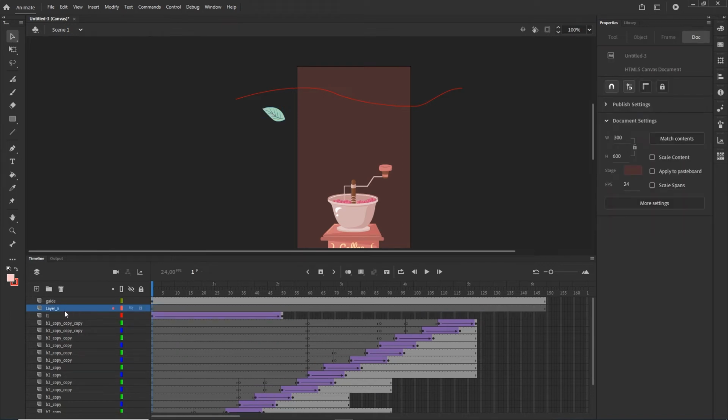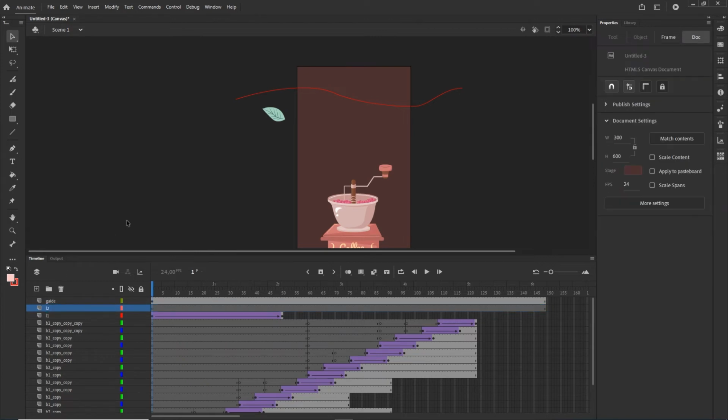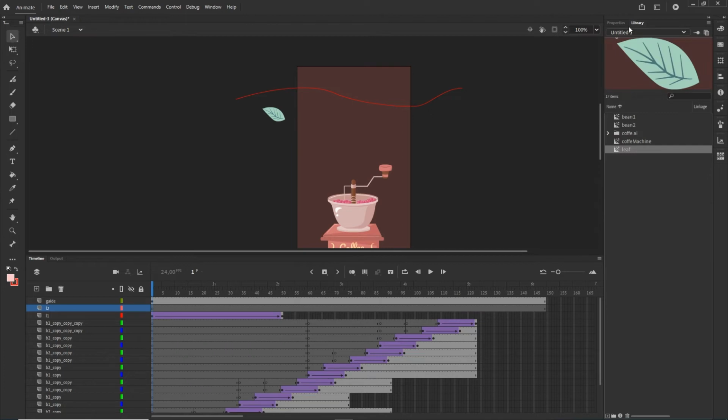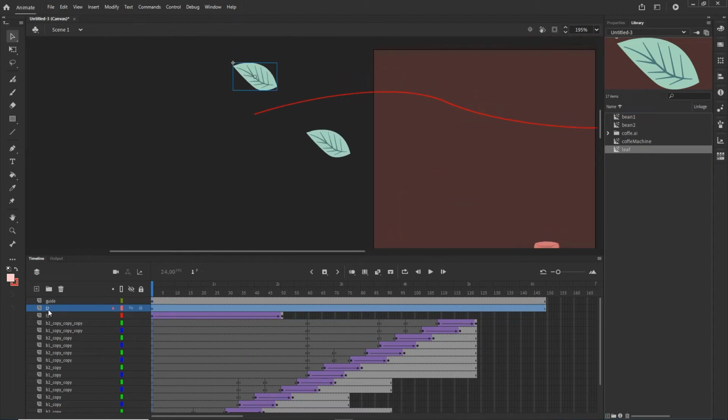And now what I need to do is I will go to the leaf 1, I will create a new layer. So right now I have an empty layer, and I can call this L2, like leaf number 2. And I will go to the library in here, and I'm going to get the leaf, or if you didn't name your movie clips, you are going to have symbol 1, symbol 2, but I'm going to drag this leaf in here, like so. And now what I'm going to do is I will zoom in a little bit, and I'm going to click on this L2, and I'm going to drag it, and I'm going to put it like so to the guide,